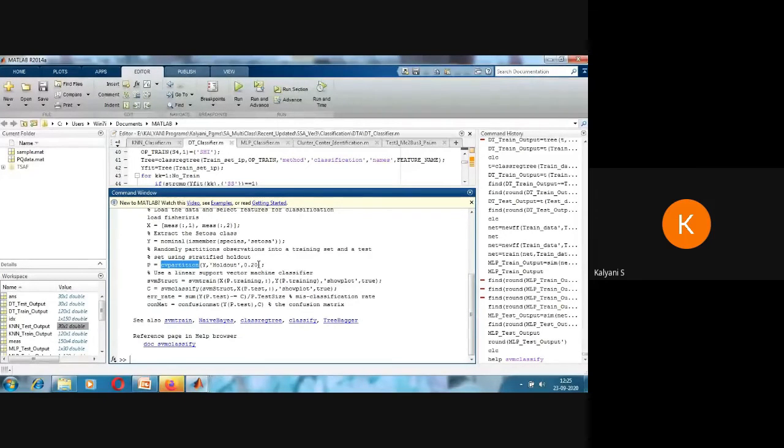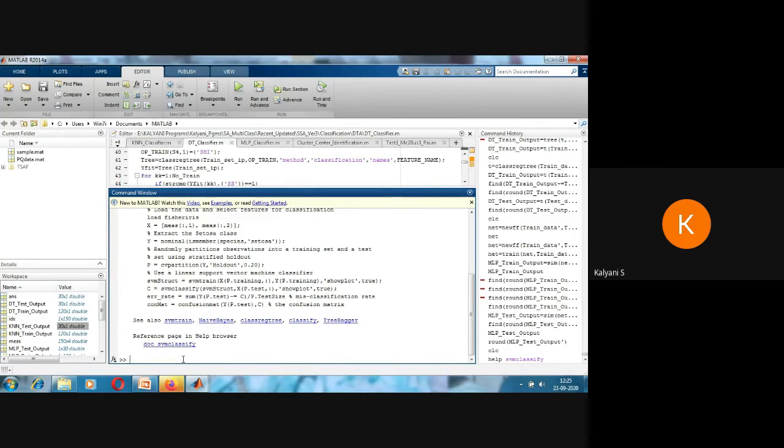These are all reserved for testing. Whereas in cross validation, the 30 random samples I will be changing. So I will be having 5 different sets of 30 and I will be working on it so that I will be able to find the overall best. So that is the meaning of cross validation. You have to go and study in much more detail to understand the process of cross validation.